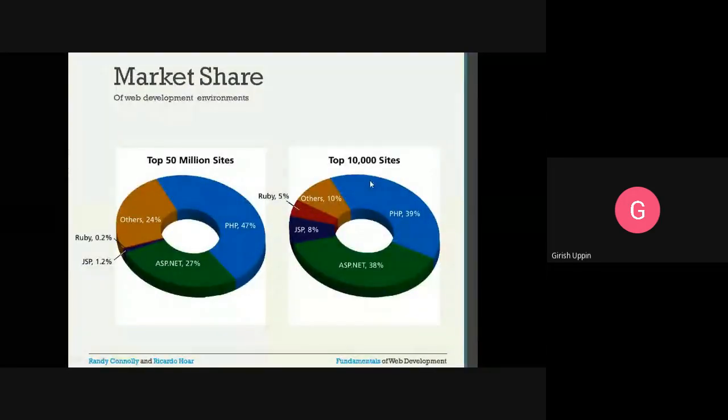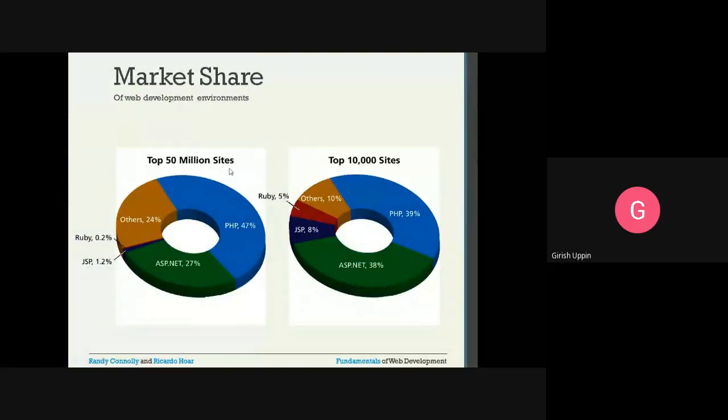And you can see this is the 50 million sites, and this is the top 10,000 sites. Even if you consider the top 10,000 sites, PHP has quite a bit of market share, about 39%, and similarly ASP.NET 27% and 38%.